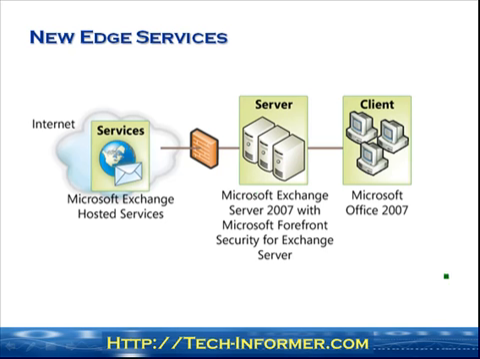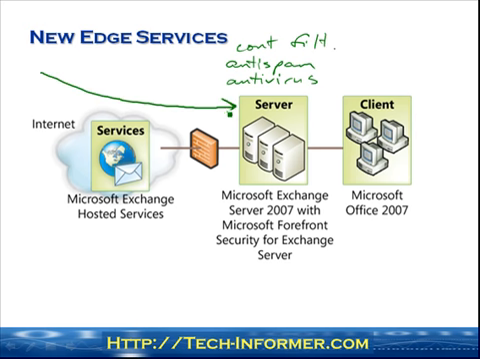Okay, edge services. Edge services is a way of being able to do things like anti-spam, antivirus, and content filtering. Now, normally you'd get messages coming via the internet straight through to your servers. So if that's the case, you can implement this Forefront Security for Exchange Server, which gives you these types of